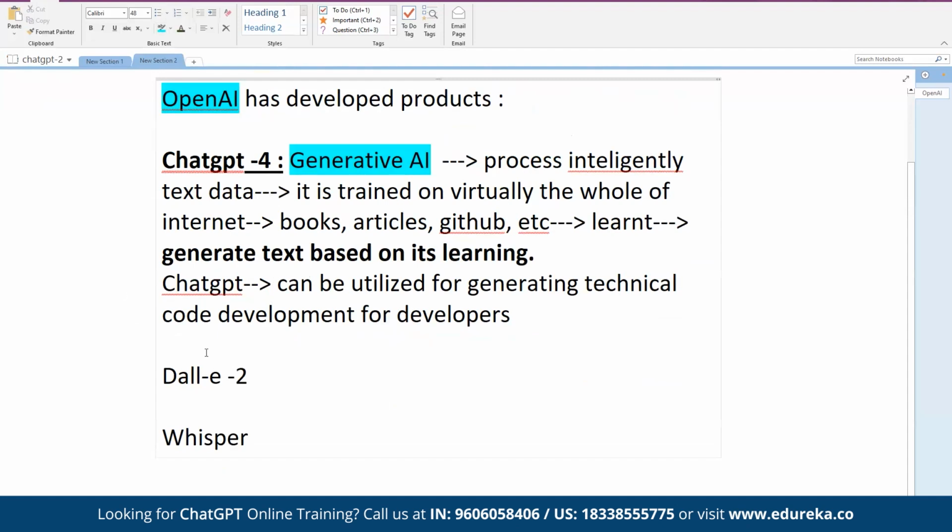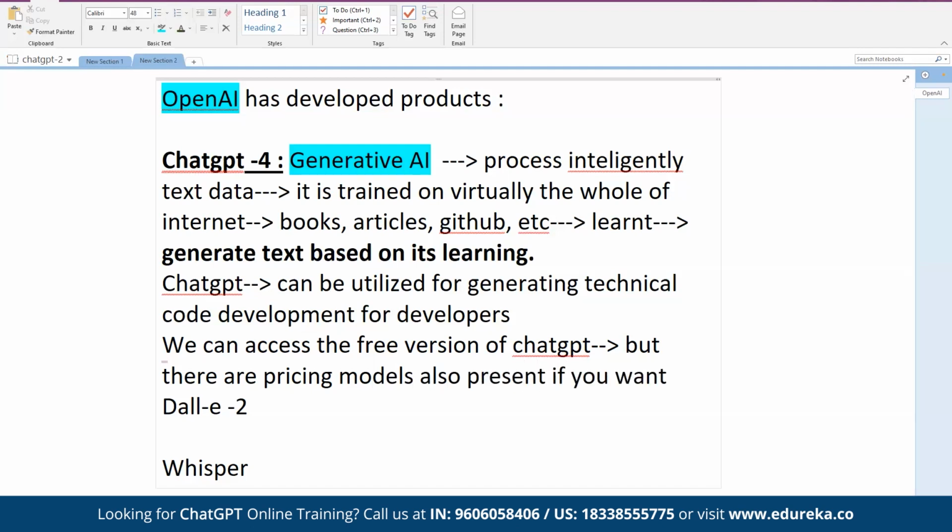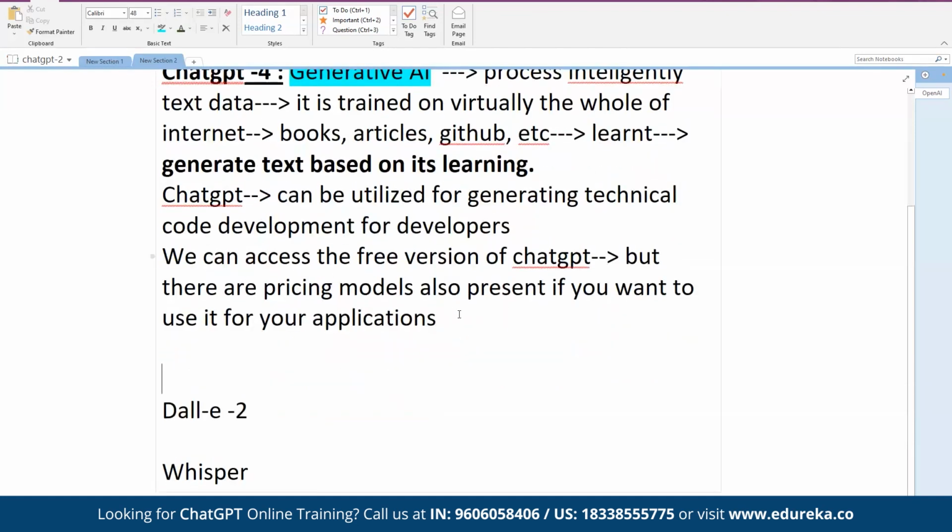Now, we can access the free version of ChatGPT, but there are some pricing models also present if you want to use it for your applications.